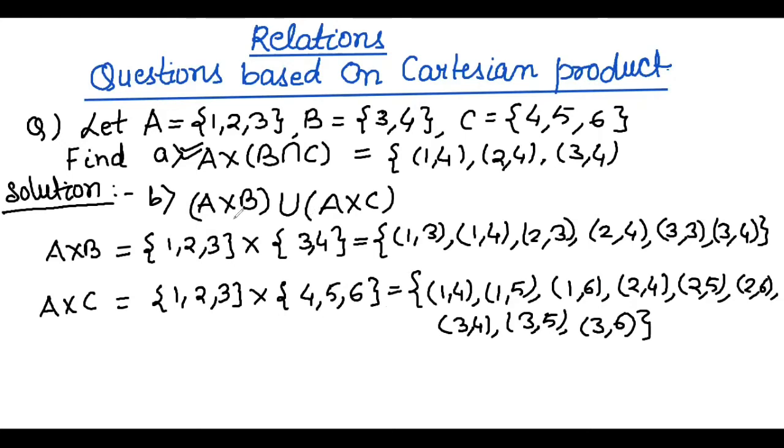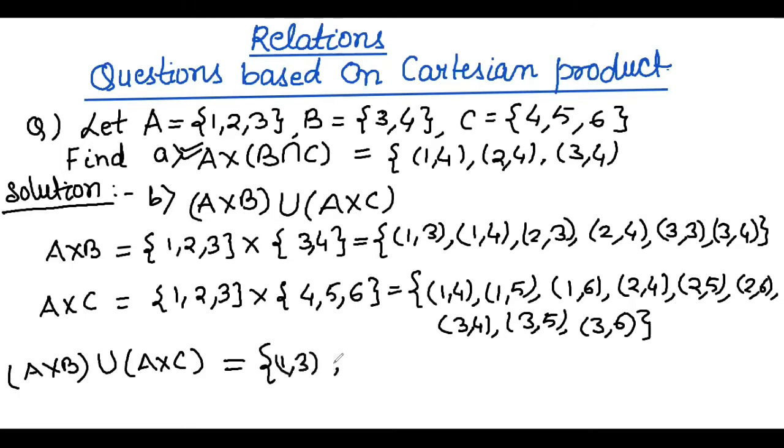Now we will use this A cross B union A cross C. Whole we have to find out A cross B union A cross C. So we will take all elements. We know from the sets chapter that whenever we have to find union, we have to take all elements which are from both the sets. Means here we will take elements from A cross B and elements from A cross C also, without repeating any element. So first of all, I'm going to take 1, 3,